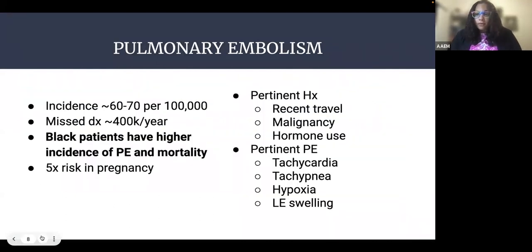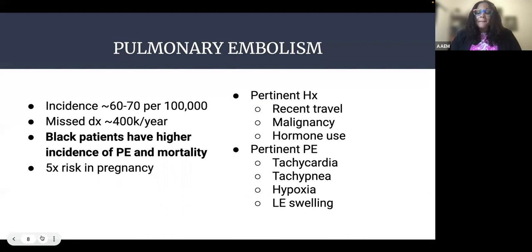So what we're going for here is a pulmonary embolism. There are about 60 to 70 cases per 100,000 people per year, and it's very often misdiagnosed. About 400,000 pulmonary embolisms are missed every year. Not to say that every PE that's missed is a clinically significant PE, but still a significant number of PEs